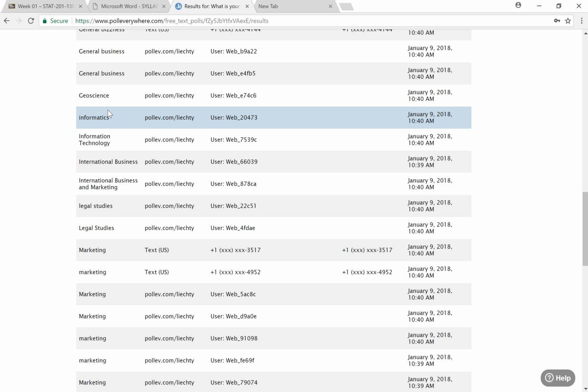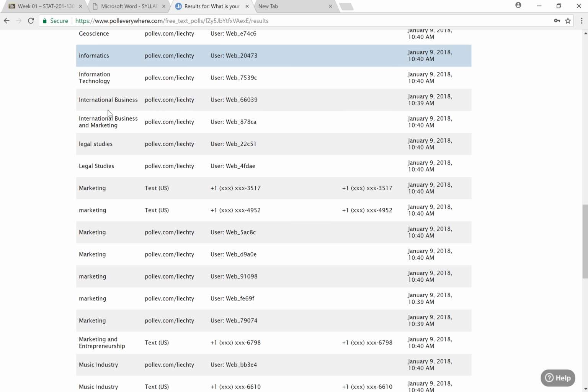But I could further take this data and just come up with what's called a frequency count, or a bar chart or frequency distribution, and say, how many did we have? What proportion of everybody in the class is in each of these categories?